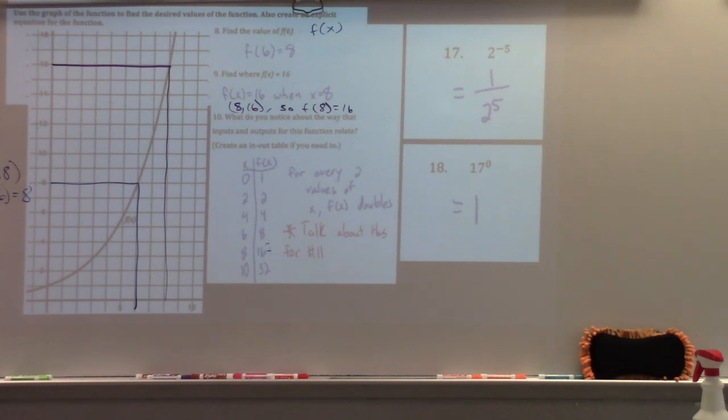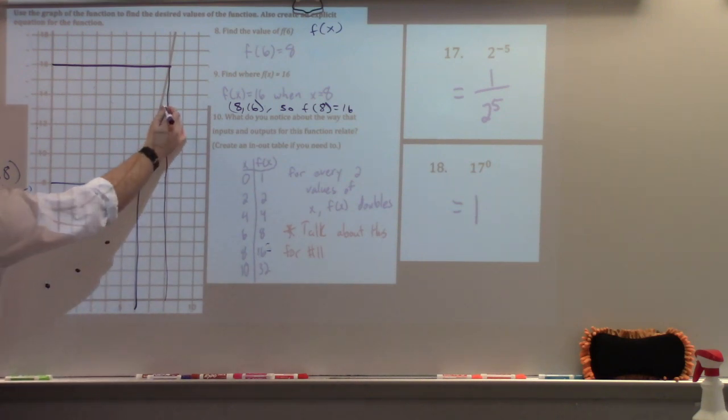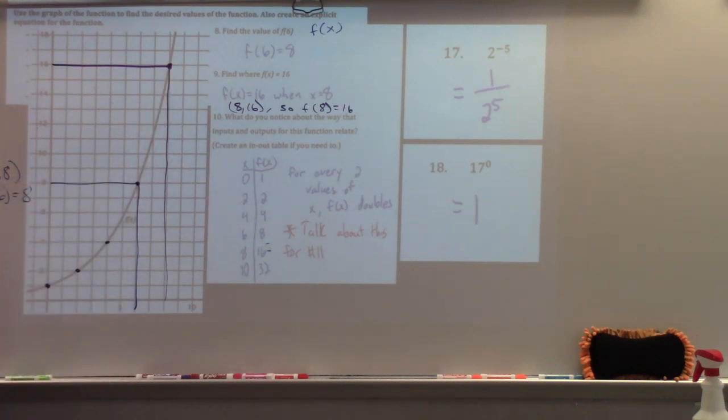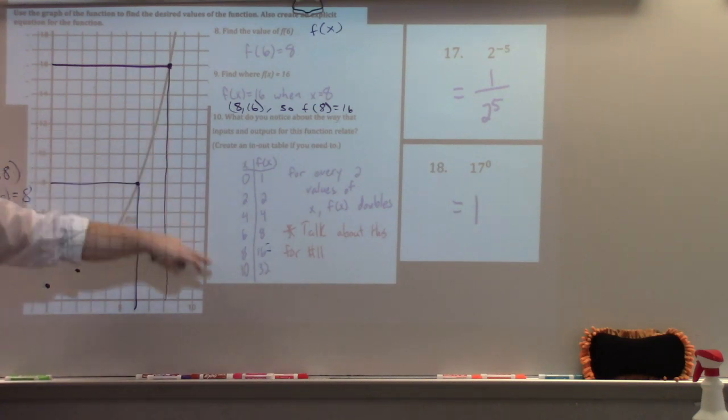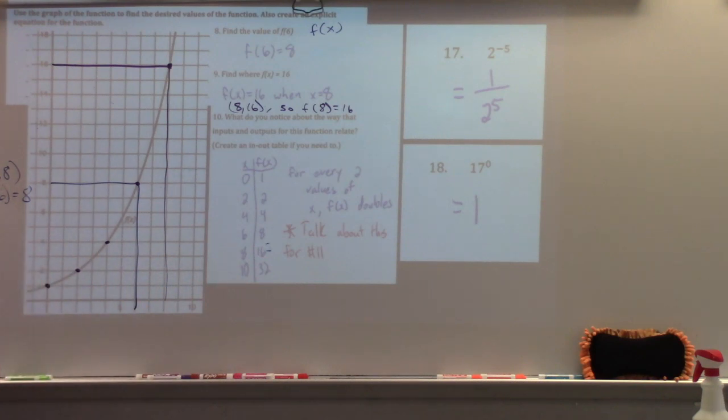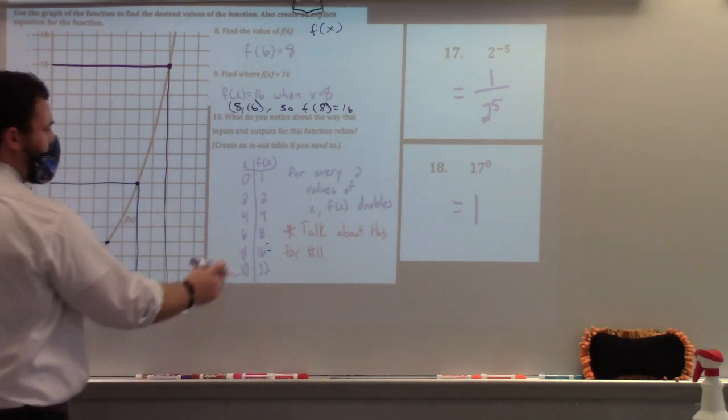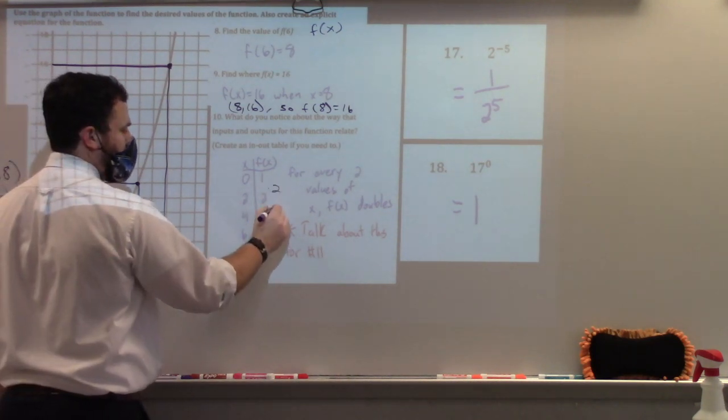Okay, so what do you notice about the way that inputs and outputs for this function relate? Create an input-output table if you need to. So all I did was I found the nice clear points. So 0, 1, 2, 2, 4, 4, 6, 8, 8, 16. How do you think I got this 10, 32? That's not on the graph. We're multiplying by 2, so since 16 times